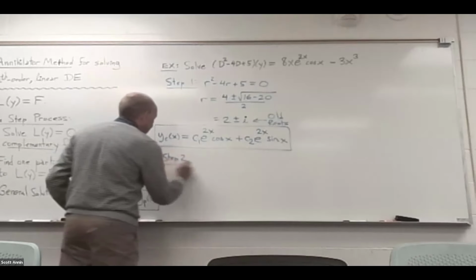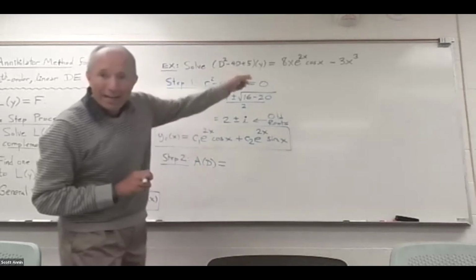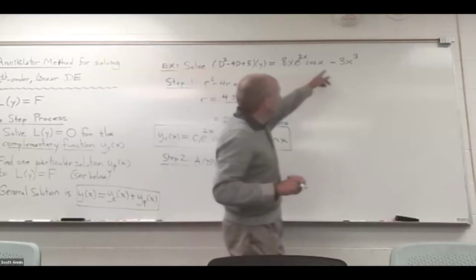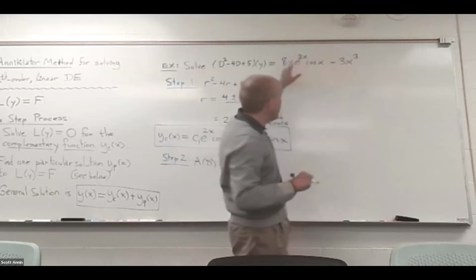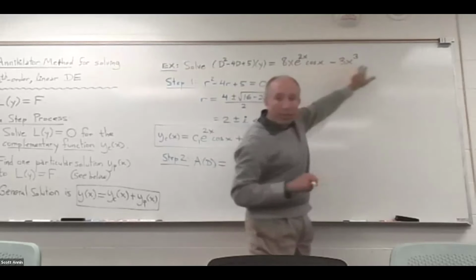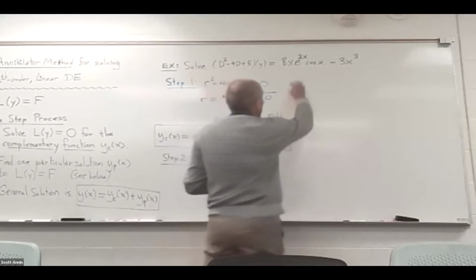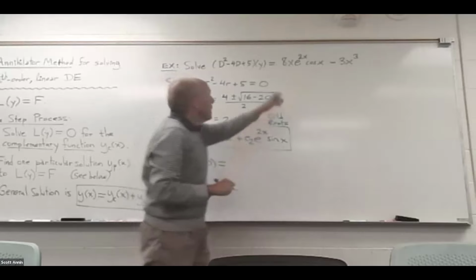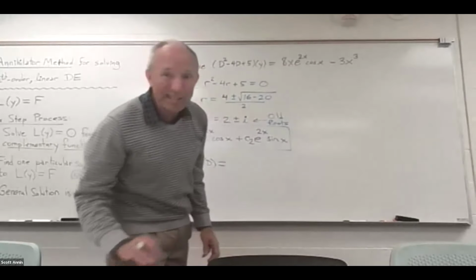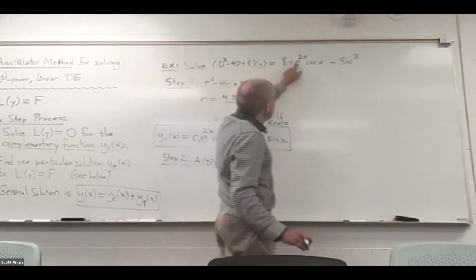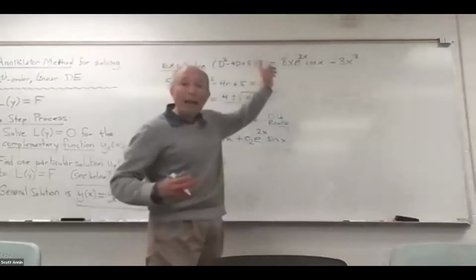And in step 2, I need to think about the annihilator of the function that's on the right-hand side. And I see that there is a subtraction here. So I actually have 2 parts to the capital F of x this time. The 8 and the 3, those coefficients, they don't matter at all in deciding what our annihilator is, but we have to look carefully at the expressions that we have, and we're probably going to use the annihilator table this time, right? To annihilate x e to the 2x cosine of x, we're actually going to use item number 8,